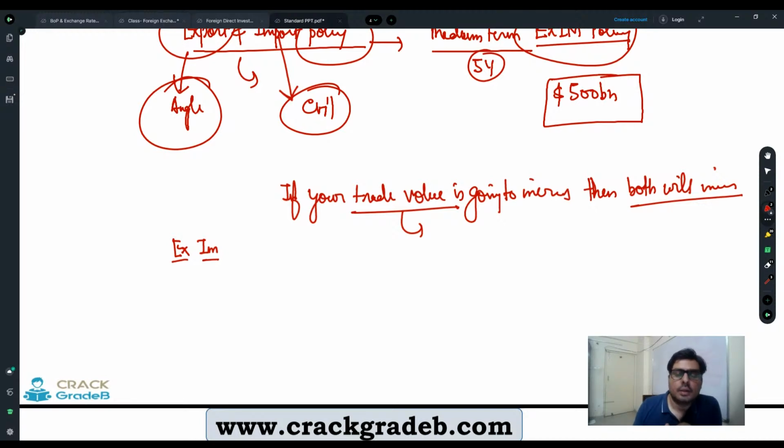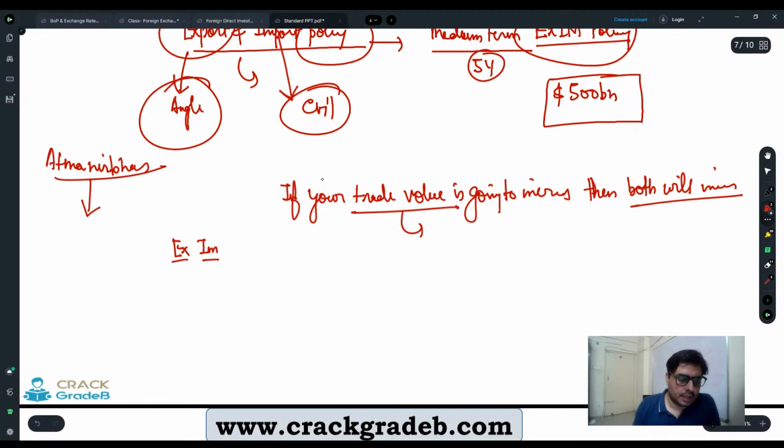So what does Atmanirbharta mean? The perception of Atmanirbharta and the import, you need not necessarily understand both things in one go. Getting Atmanirbharta is a different thing, and restricting the import is a different thing. I will explain it here properly, because you can see that each and every time the government is going for Atmanirbhar,